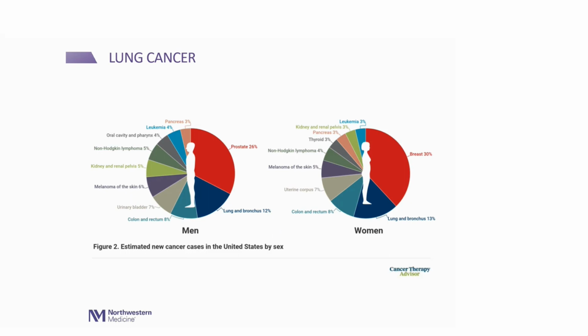If you're looking at distribution gender-wise, males and females, again, as you can see in this pie chart, in men, prostate cancer is more common, followed by lung and related cancers, and then come some of the others, colorectal, which is gastrointestinal, and then the rest of the pie is distributed among all these other types of tumors. So also in women, breast cancer is more common, and then lung just follows suit, GI or colorectal, and then the rest is again distributed and shared by different tumor types.